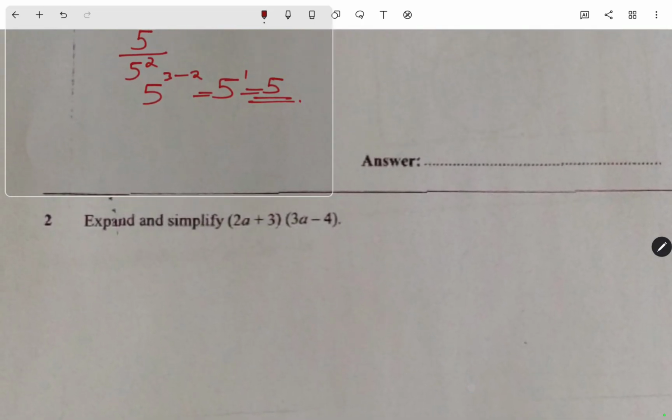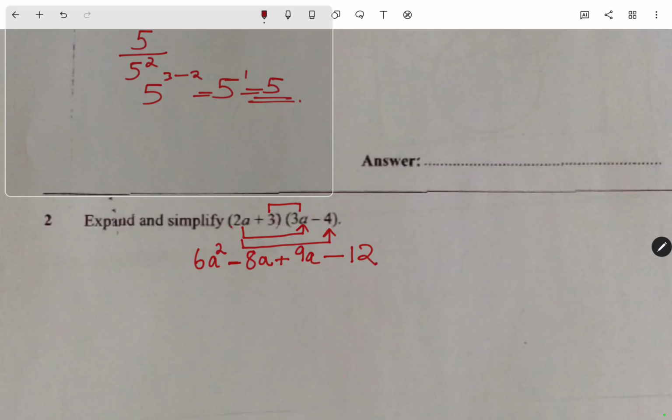Expand and simplify. When we're expanding here, you multiply this one times this one. So 2 times 3, that would be 6. A times A, that would be A squared. Again, 2A times that one. There's a positive and a negative, so the answer will be negative. 2 times 4 gives us 8, and there's an A here, so 8A. Again, we start: 3 times 3 gives us 9, and there's an A, so 9A. Positive times negative will be negative, 3 times 4,